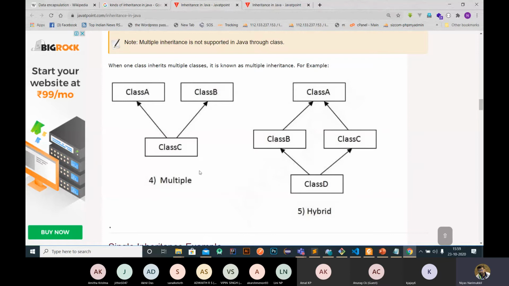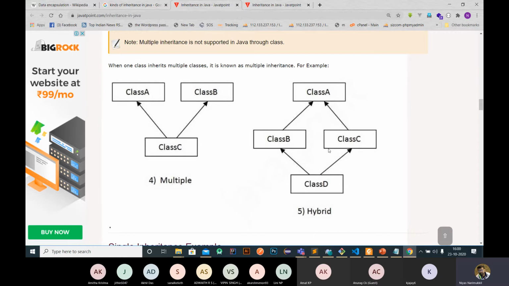Again I am telling you that multiple inheritance means a class deriving features from more than one base class. In case of Java, only one base class is there for a derived class. Also hybrid is not possible here, because this class D is deriving properties from B and C, so multiple inheritance is also there in this picture.